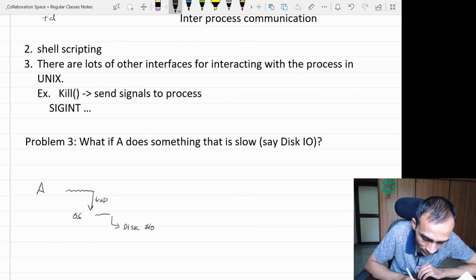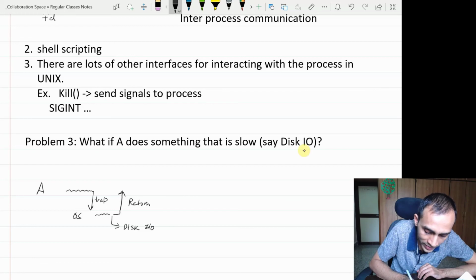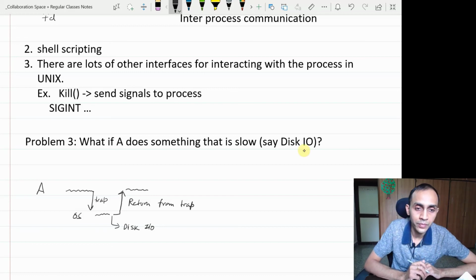During that time, you would not like to keep waiting forever for this IO to complete. You would immediately return from the trap and decide some other process to run. So if there is another process in the ready queue, let that other process run.